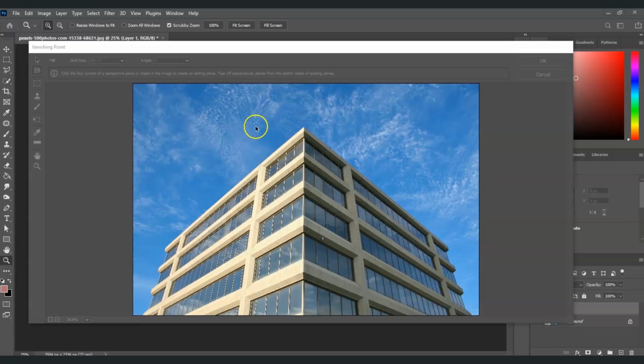We're going back. So in this Vanishing Point window, we're going to make use of the Create Plane tool, right? So to create those grid lines, go here on the left side, click on the second tool, that's the Create Plane tool, or C for the shortcut key. Okay. Now let's add some points starting from here. All right, going here,